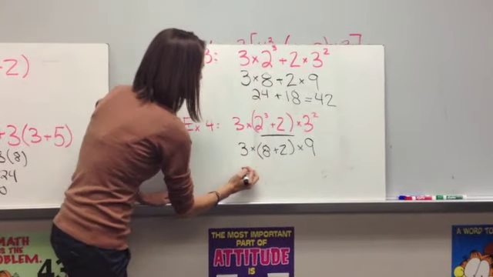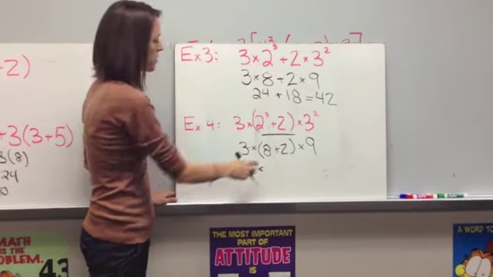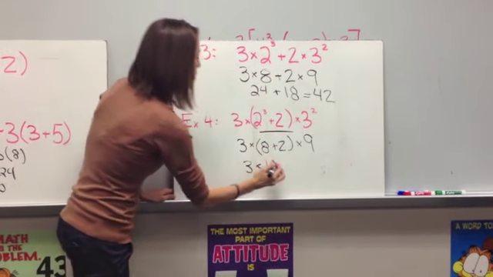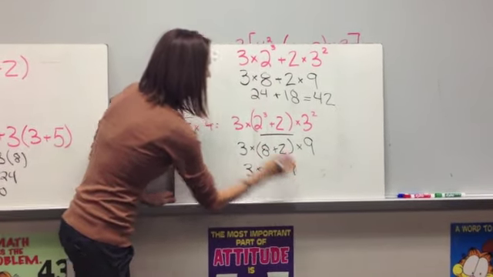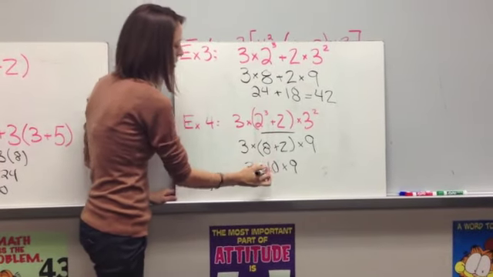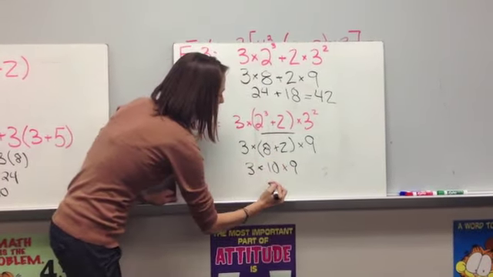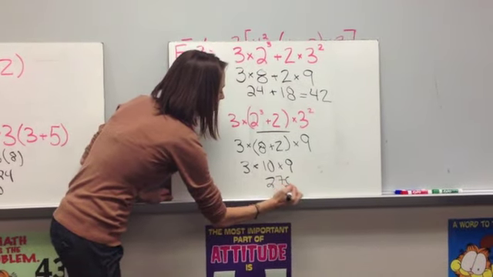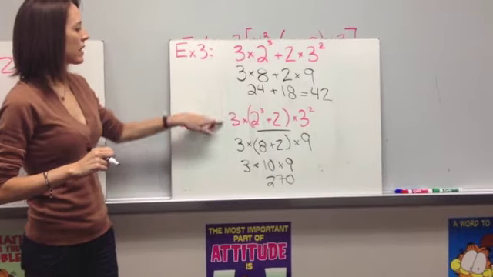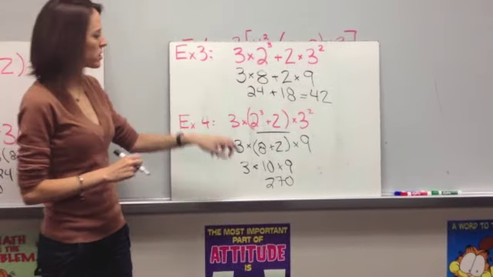Right? So you have 3 times 8 plus 2 is 10, and then you're going to multiply that by 9. So now we have 3 times 10, which is 30. 30 times 9 is 270. Okay, if you look at these two problems, they're exactly the same, but the only difference is the parentheses,